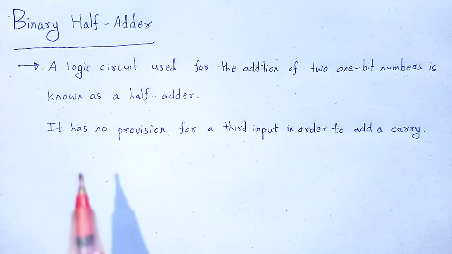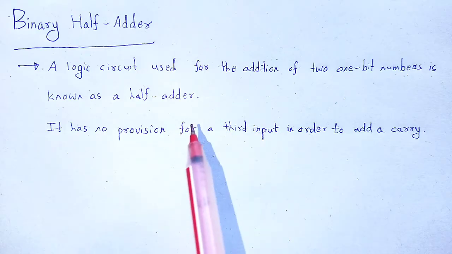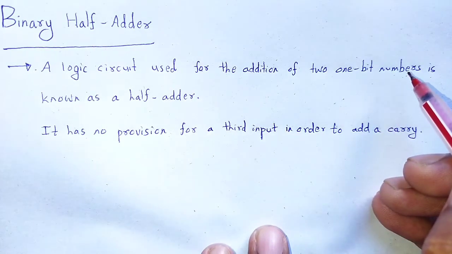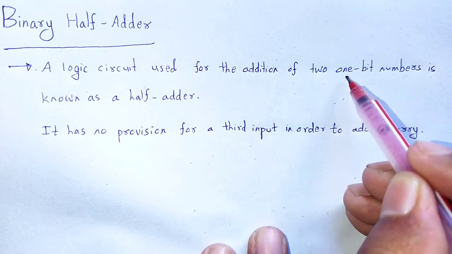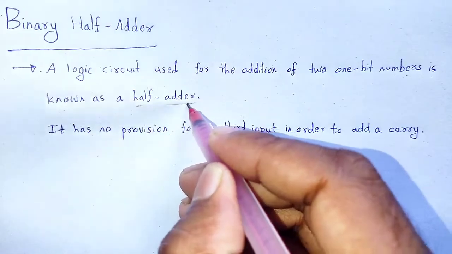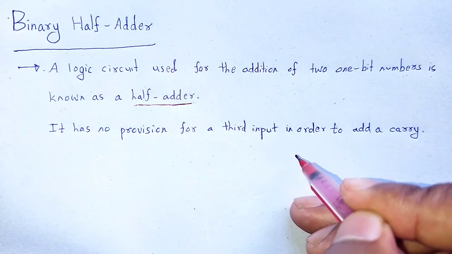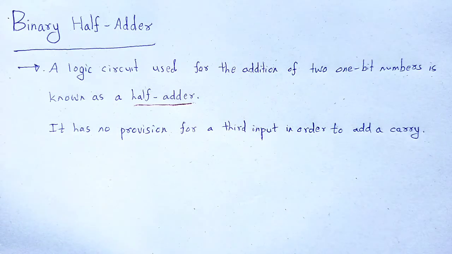A half adder is a logic circuit used basically for addition of two 1-bit numbers. Remember, addition of two 1-bit numbers is known as half adder, and there is no provision of a third input in order to add a carry. When we add two binary 1-bit numbers,